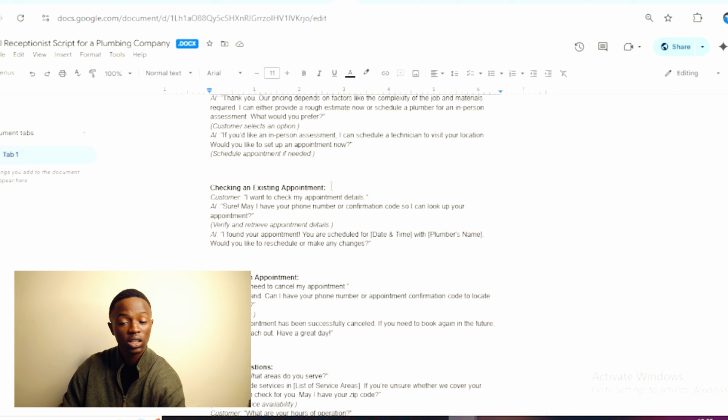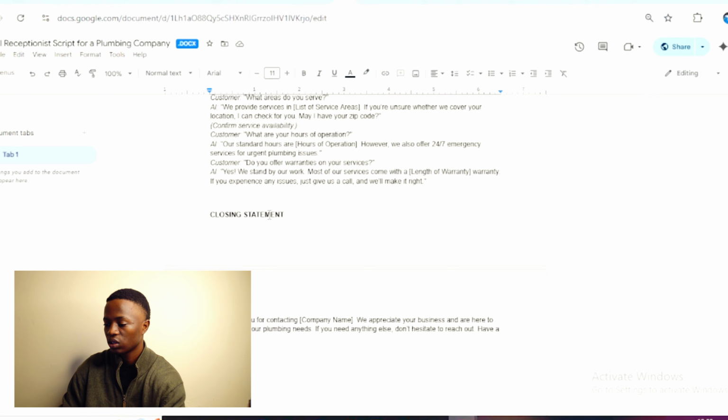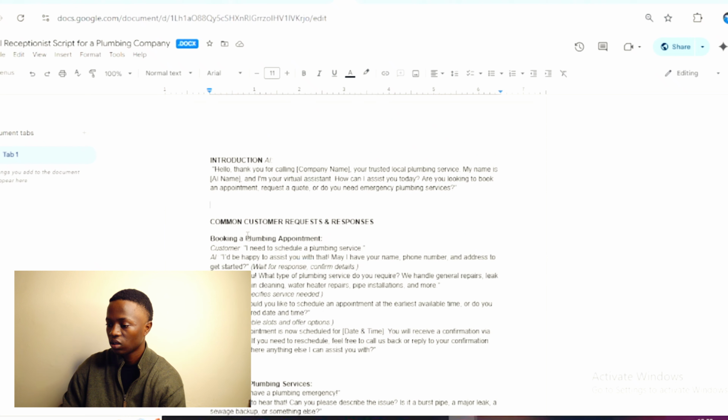It can check an existing appointment. So if someone is calling just to check what time the appointment is booked at, it can do that. It can have access to that. It can cancel appointments as well, and just answer general questions. So all these things, as well as the closing statement here, you can have access to all of them